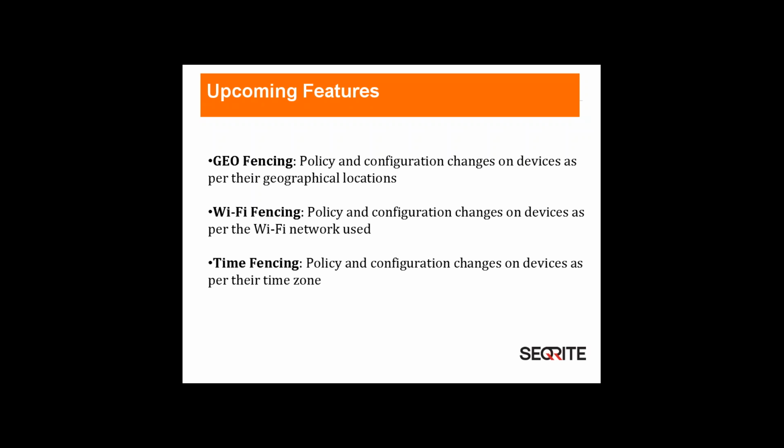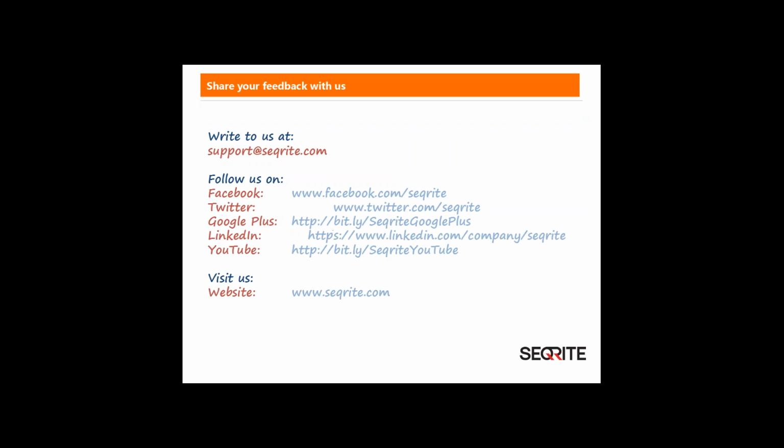The next thing is time fencing. As the name suggests, it is regarding the time boundary. The policies or configuration will get applied to the device according to the time interval which you have provided from the server by the admin. So probably you want your users to use their device at home, but you want to restrict those devices in the working hours. So you just need to apply a time fencing configuration to that device and restrict it accordingly. So that was it from my side.